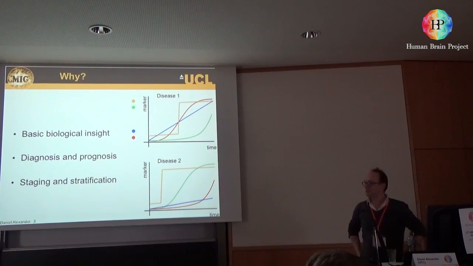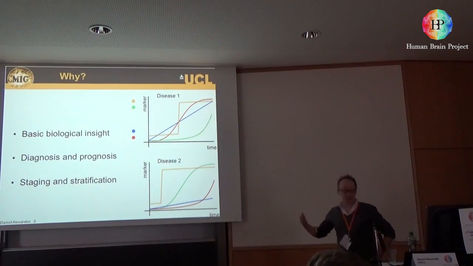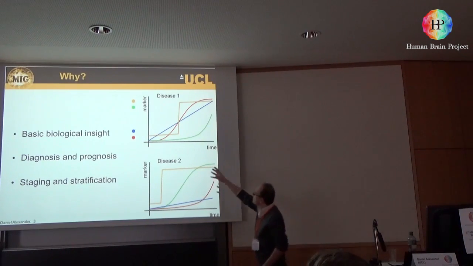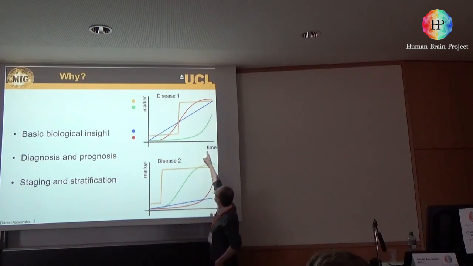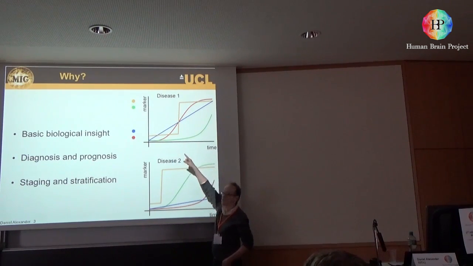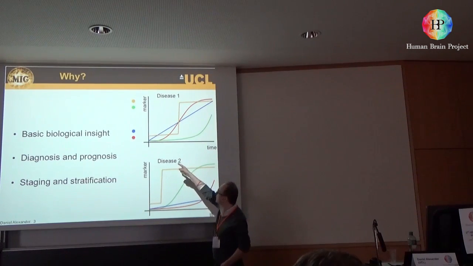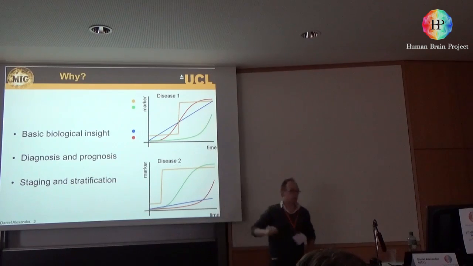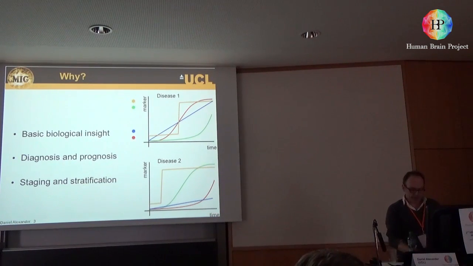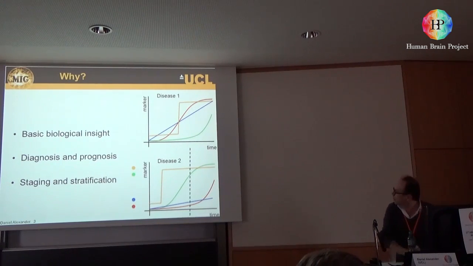Disease 1. Disease 2? Any votes for disease 1? I think it is disease 2. Why is that? Because at no point along this time progression of disease 1 do we have this combination of measurements: high values of green and yellow and low values of red and blue. There's no position along there that matches, whereas if we compare disease 2, around about here,